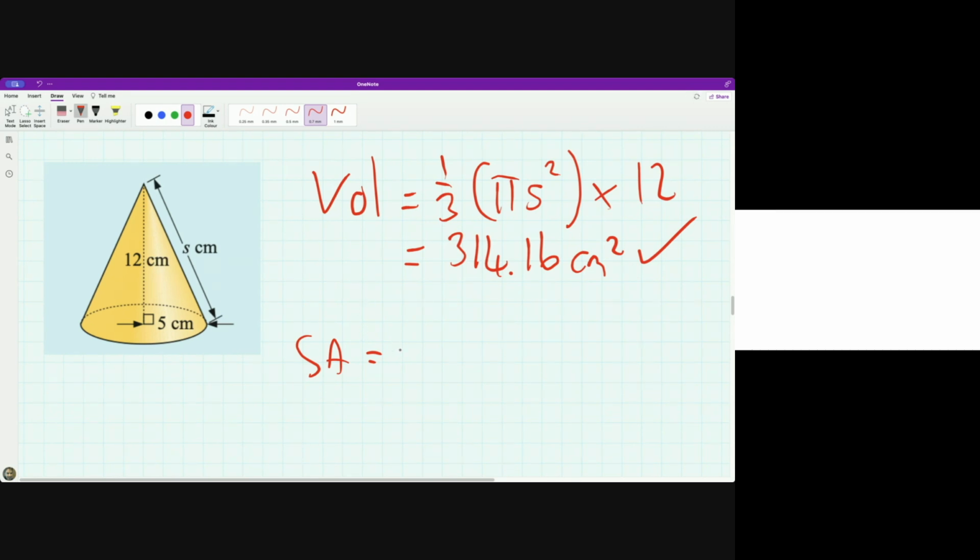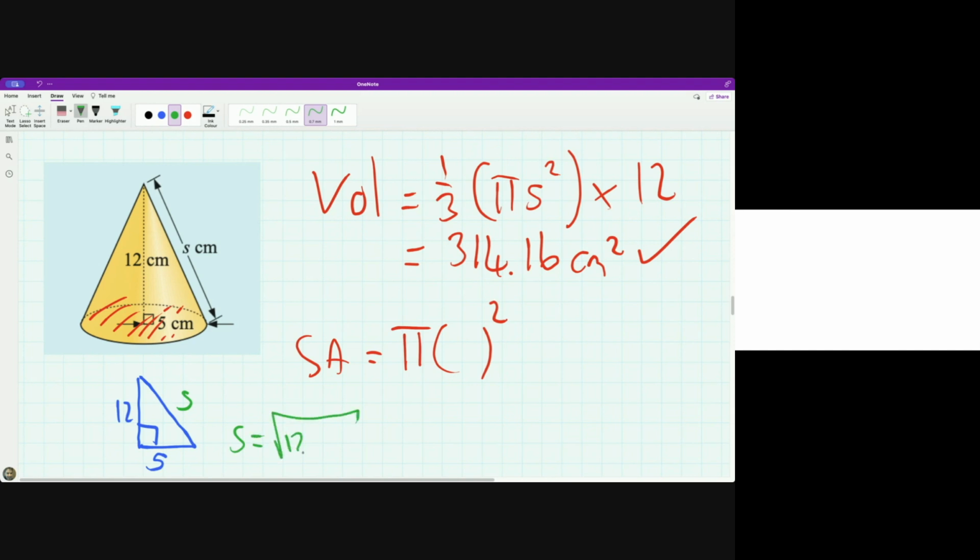Now I know there's a circle. So pi r squared takes care of this. But what about this bit? Can you remember how to take care of that bit? I think there was an extra calculation you have to do. I think there is a triangle that you can pull out of this and work out what the slant height is. And the slant height will be whatever that is,